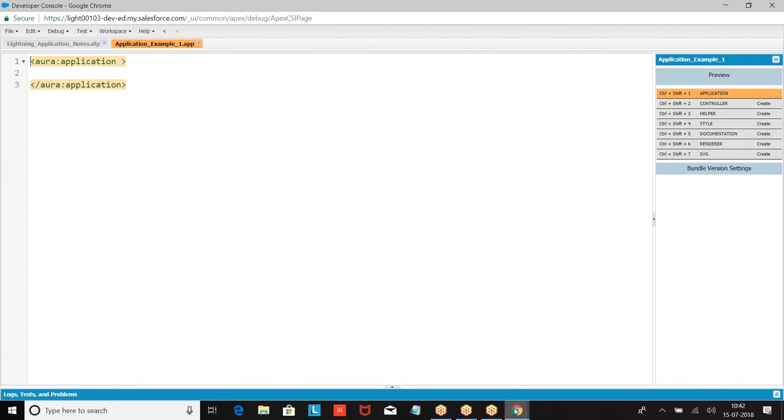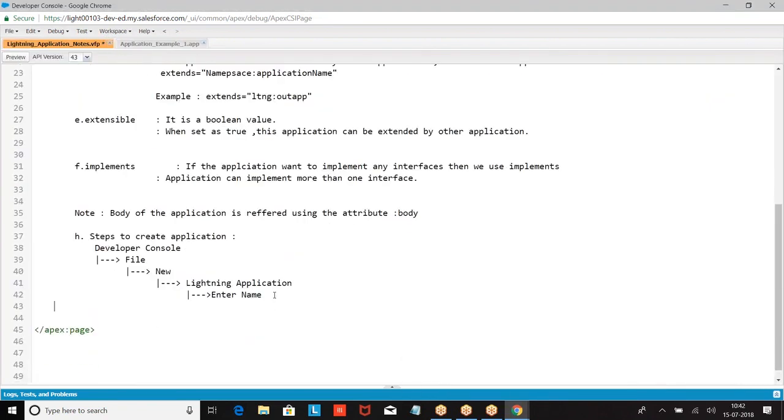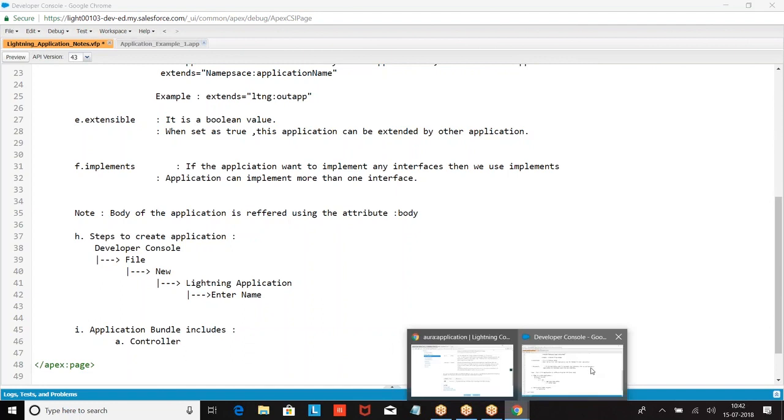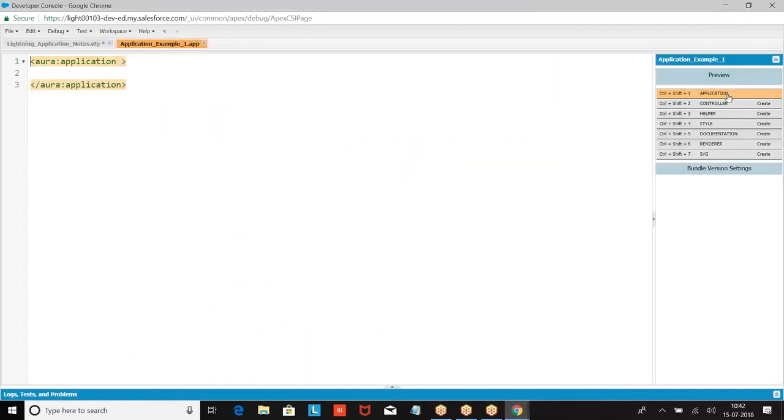Whenever somebody says application bundle, look at this. The application bundle includes application, controller, helper, style.